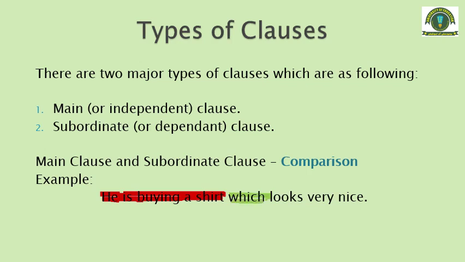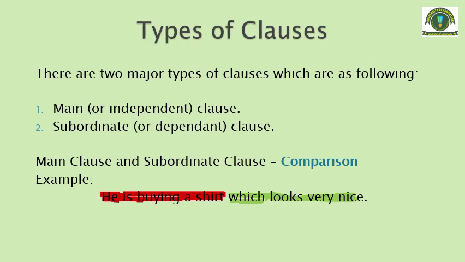Now which is a subject? This is the shirt. At the moment we are talking about the shirt, and shirt is a subject over here. Looks is a verb, so looks very nice is a predicate. Fine. So we got another clause over here which looks very nice. But the question is, if we separate these two clauses,